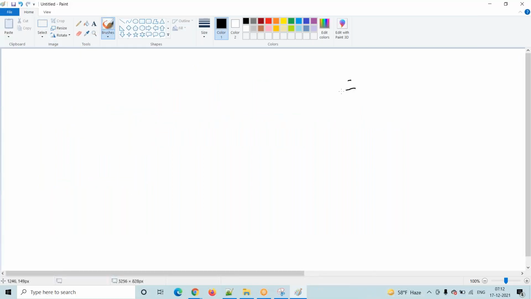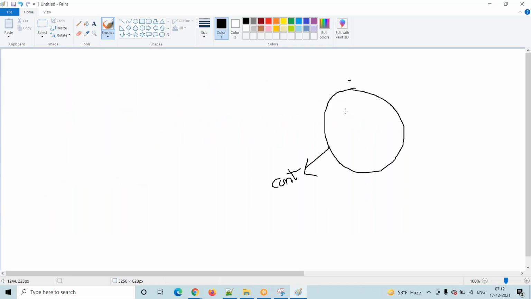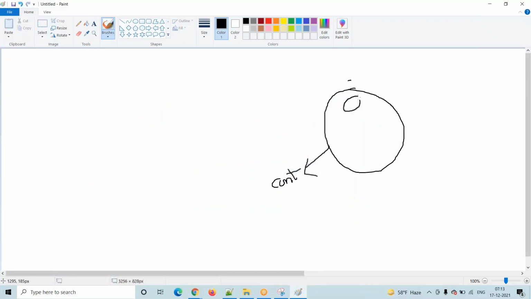So I am creating one instance. Instance means we are allocating space here. This is a reference variable. So for contact wrapper in line number 8, as a result of line number 6, we are creating like this. First we are just declaring, then we are allocating a space here. In this space, line number 14, we are adding here, here, here.